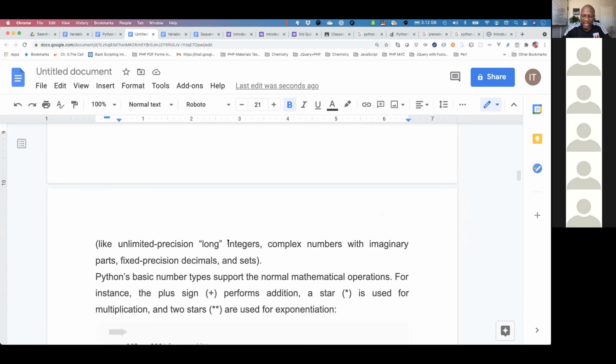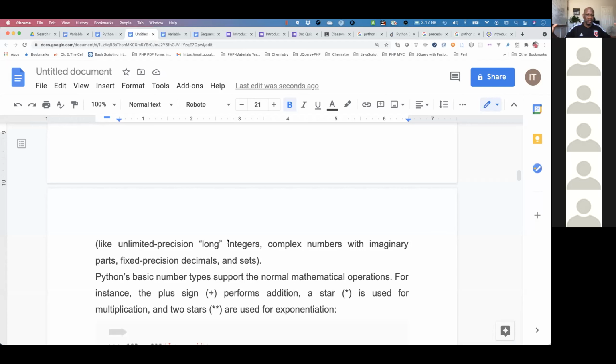We also talk of unlimited precision, long integers. Say, for example, we want to declare a variable, and the variable will be talking of billions of dollars, or a billion as in the population of the continent. If we were to declare that in a variable, then we know we are going to deal with a very long number, so we have to say it's a long. Of course, population can never be a percentage, a fraction, or a float. We are going to say there are 7 billion people in the world, or 2 billion in India, maybe 3 billion in South America and all that.